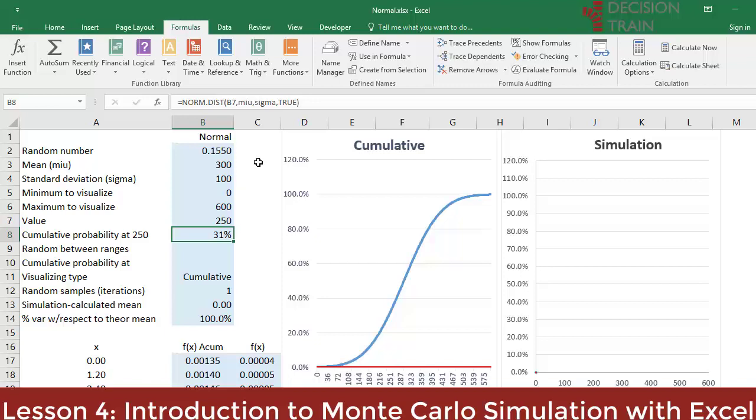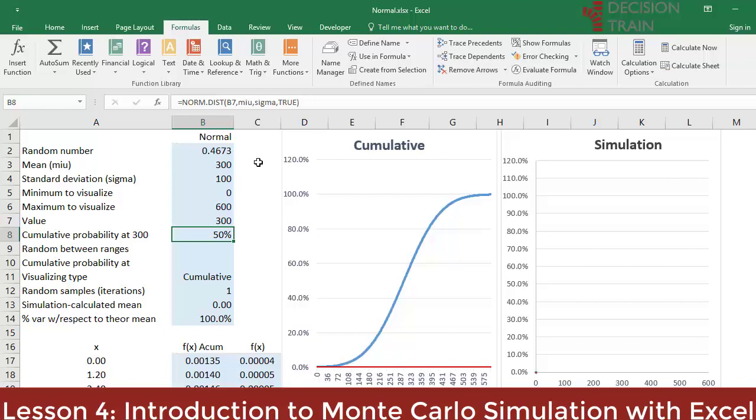If we change the value from 250 to 500, for example, the cumulative probability calculated by the function is 98%. That is, with the specified parameters, there would only be a 2% probability that values would exceed 500. When entering the value of 300, which is exactly the mean, the calculated probability is 50%. Because the normal distribution is symmetric, 50% of its probable values are less than its average, and thus 50% of its probable values are greater than this average. This is not necessarily the same in distributions that are not symmetric.